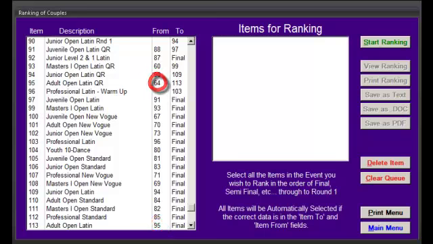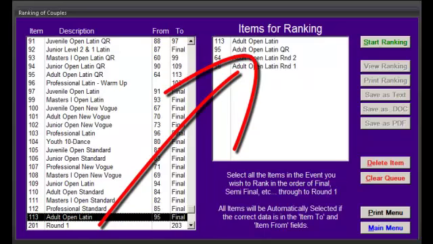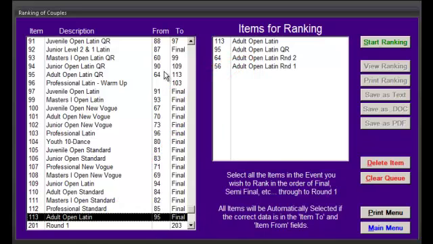What I'll do is click on the final and allow dancescore to work back through the stack, which is just done, and you can see them over here. dancescore has now selected item number 113, the final, the qualifying round or semi-final at 95, the second round at event 64, and the first round at event 56. I've now selected the items that were necessary to compile a full ranking from my finalists back to the first round. All I need to do is hit the Start Ranking button up the top here,